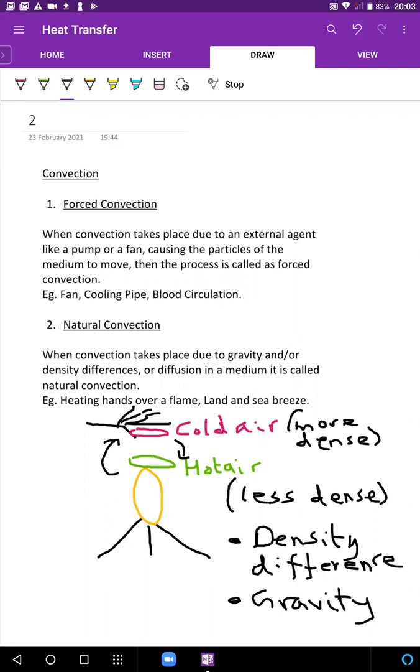All right. One of you is saying, sir, isn't the flame an agent? Flame, to be honest, is flame causing mechanical movement? No. Flame is not applying any kind of force. It's not causing mechanical movement to make the hot air go up. Unlike the case of a fan. In the case of a fan or a pump, they were forcing the particles to move by applying a force. Is the flame even applying a force? No. It's just a source of heat.